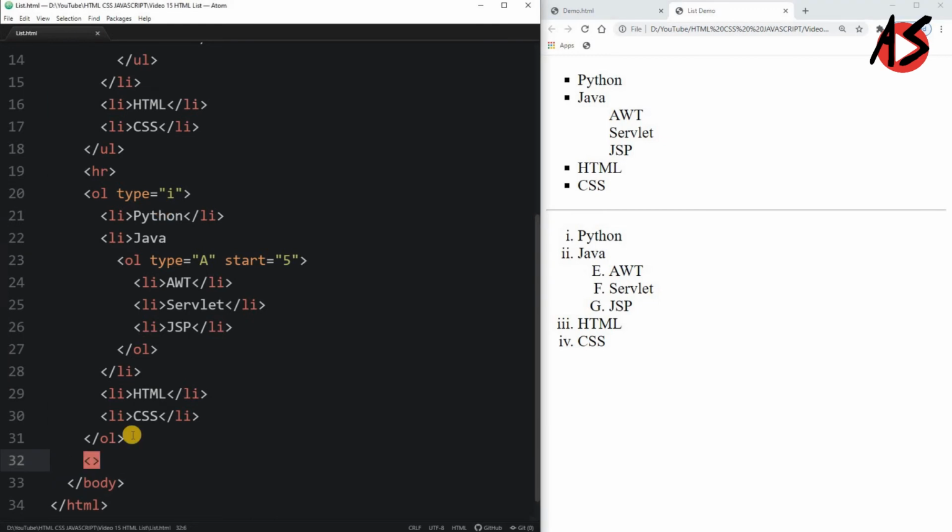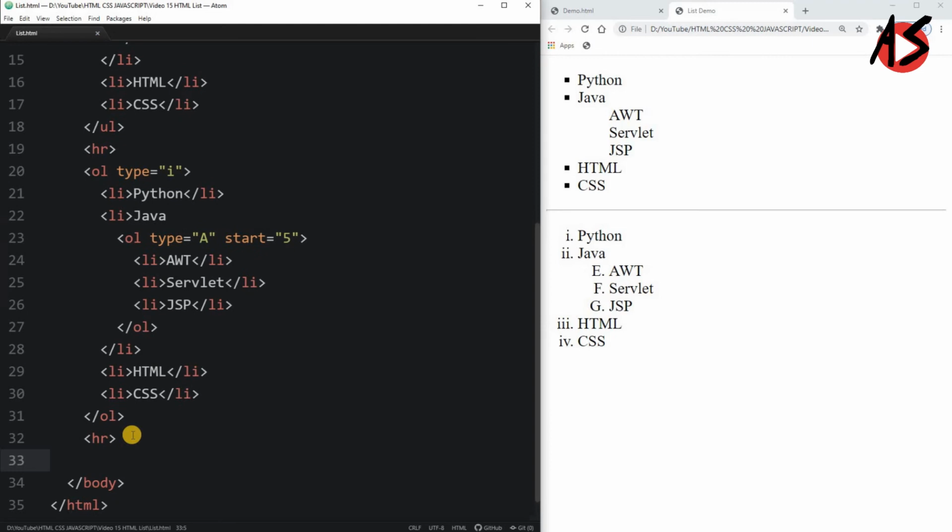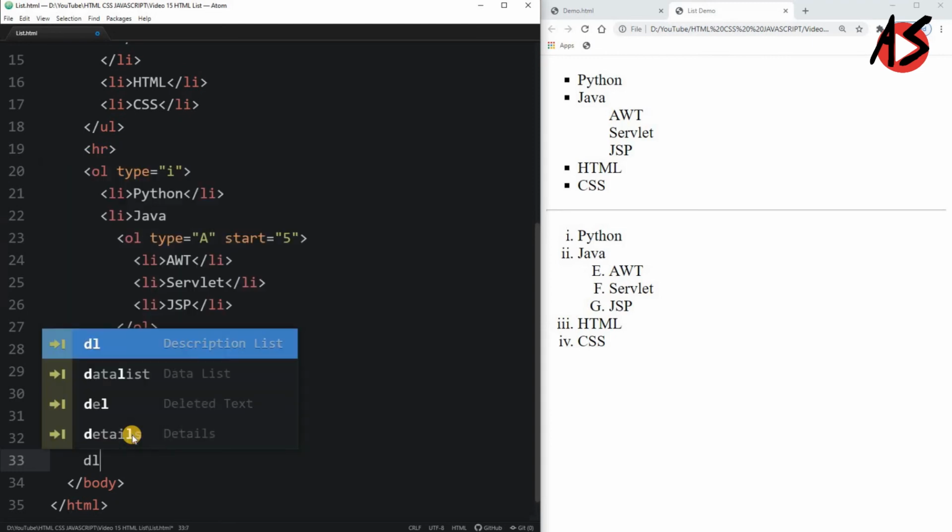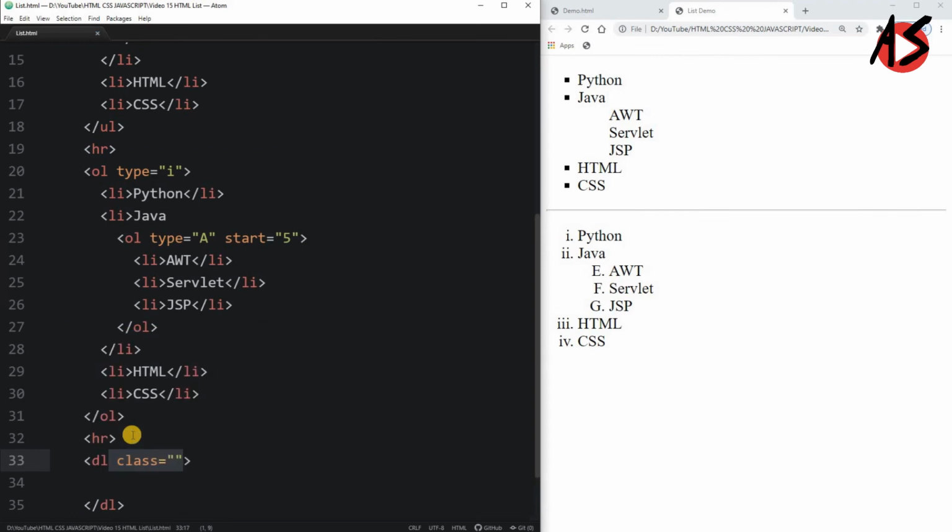Now we will take one more HR tag, and I am taking one more list using the DL tag, that is the description list.